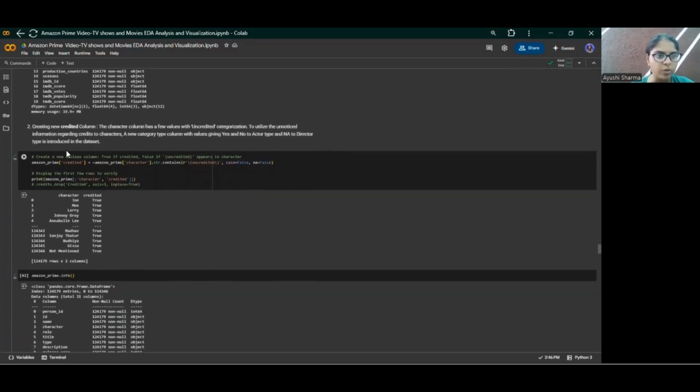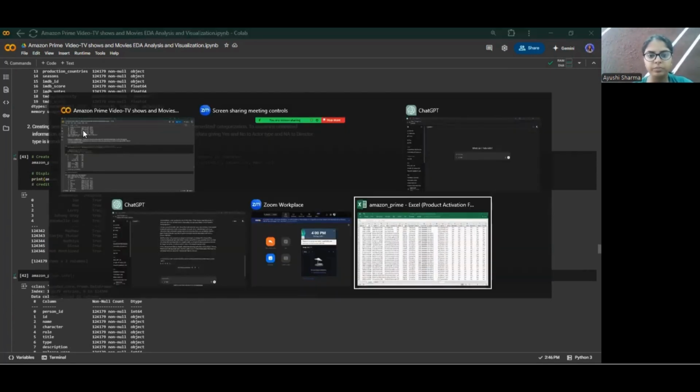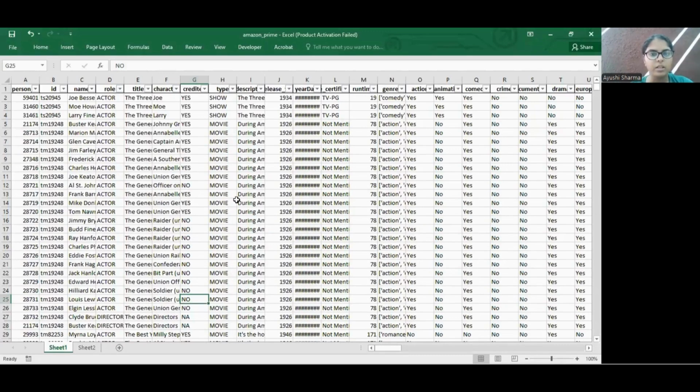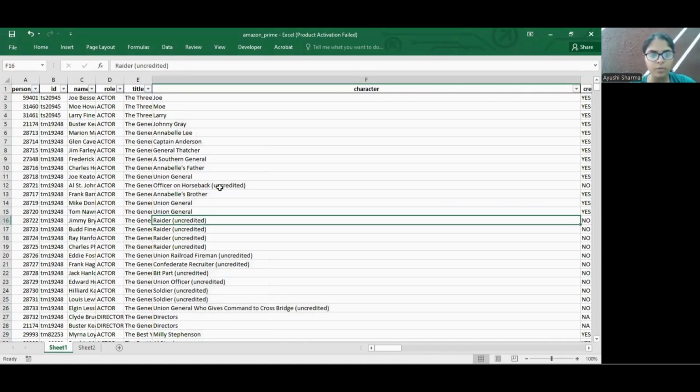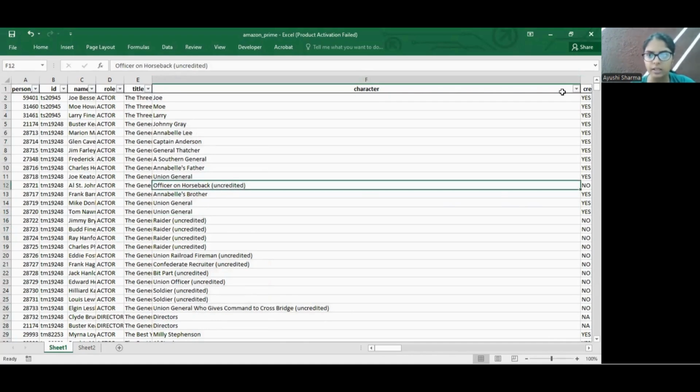Starting with the operations, now creating a new credited column. Why is it necessary? If I show you this particular table which I have fetched from the clean dataset, we can see that we have a character column which gives us the characters played by the actors in the particular film, movie or show. You can see this uncredited is written here for some of the entries, and since the characters were